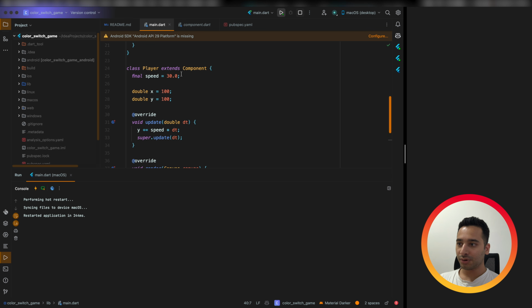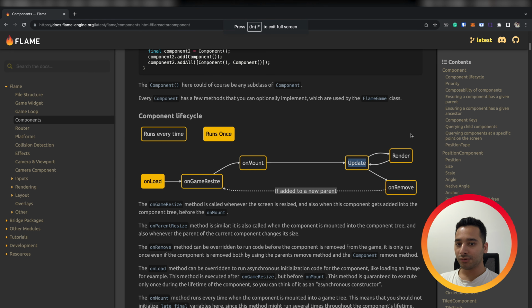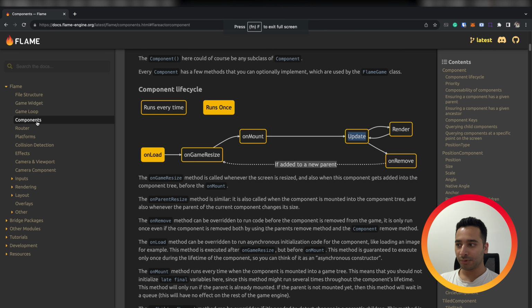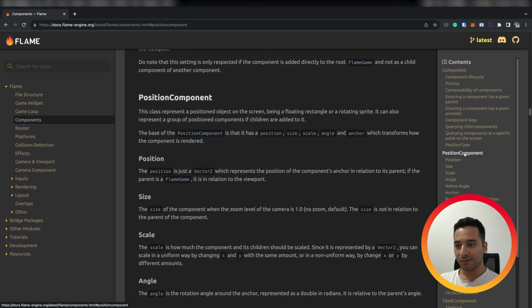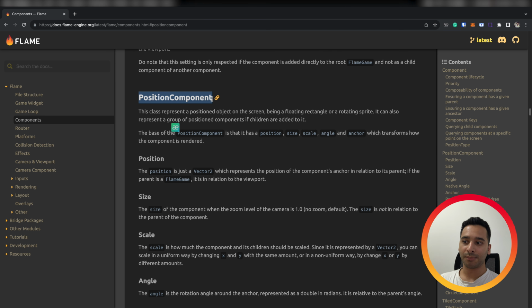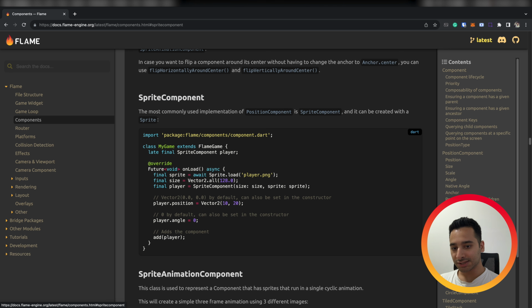Before we continue, I want to introduce you to other components that Flame has. In this case, we are extending a simple component which has a basic implementation of a component. If you take a look at the components documentation, you will have some predefined components, for example, position component, or maybe a sprite component, or SVG component.